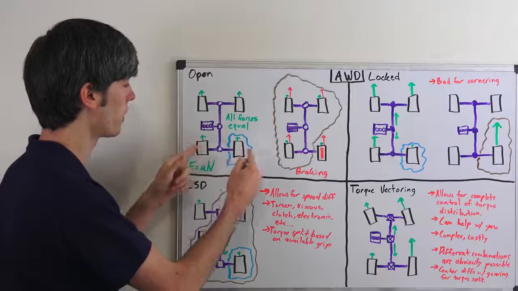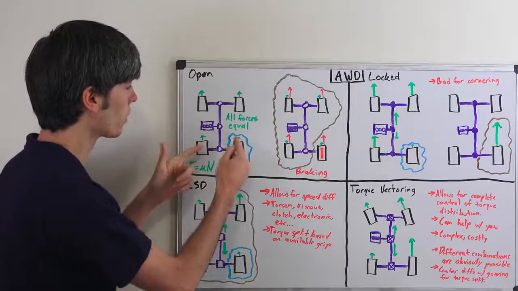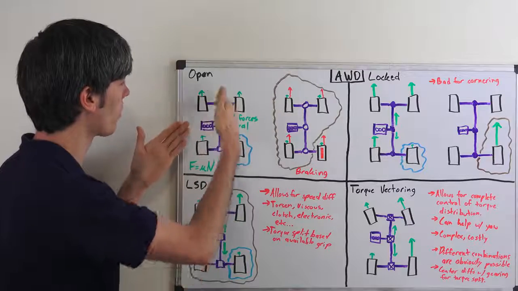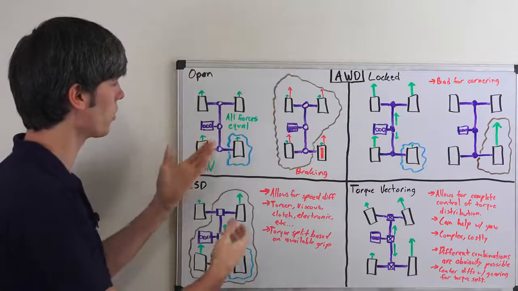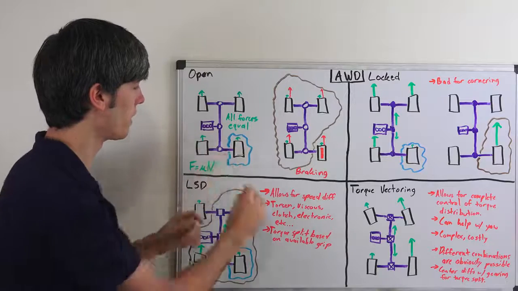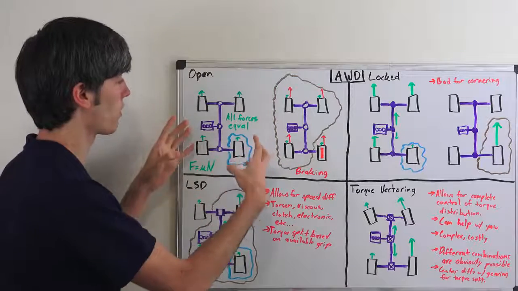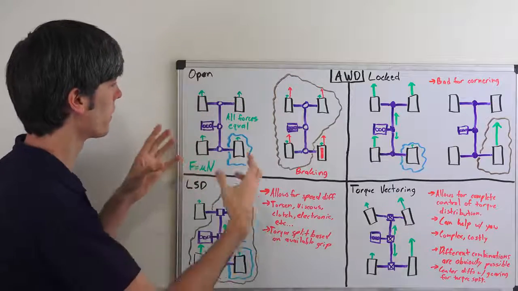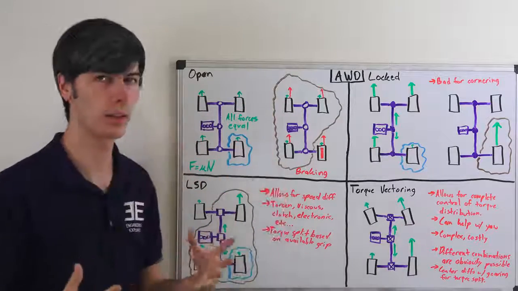So the amount of torque that each of these tires is getting is equal. So the same force that this is applying is basically the amount of torque that all these other wheels can apply. And so because of that, if the amount of torque here isn't enough to overcome the static friction of all these other different tires of the vehicle, then the force isn't going to be enough to accelerate the vehicle